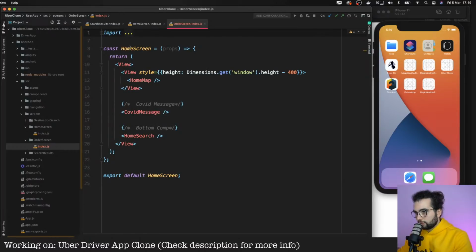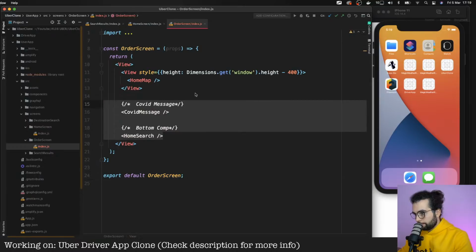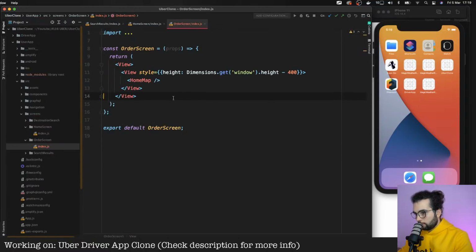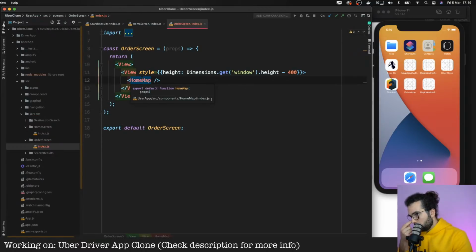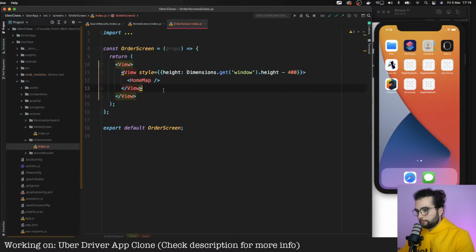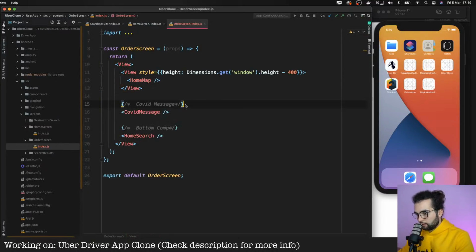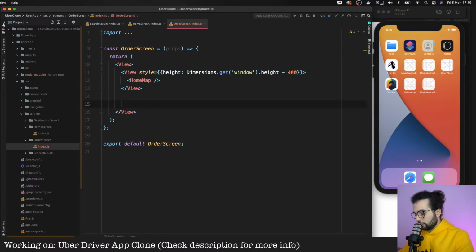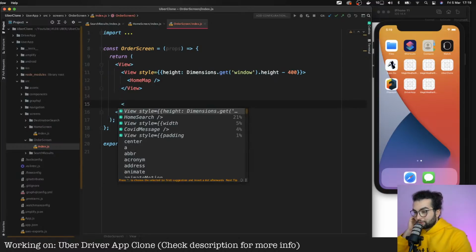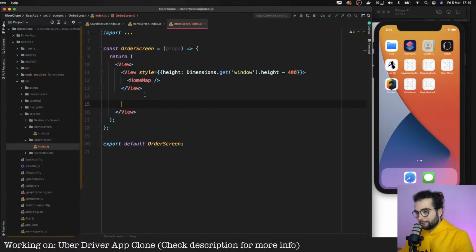Let's open the order screen, change a bit here, order, export order screen, and let's leave only the home map. Yeah, let's leave at this point only the home map. Probably on the bottom part we'll display something, but I'm not sure.